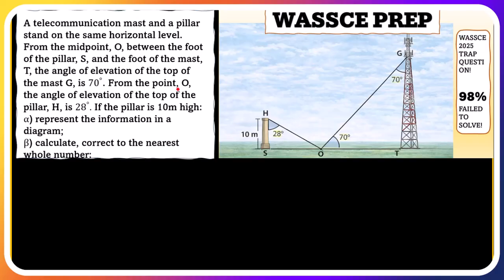From the point O, the angle of elevation of the top of the pillar H is 28 degrees. If the pillar is 10 meters high, represent the information in a diagram and calculate, correct to the nearest whole number, the height of the mast